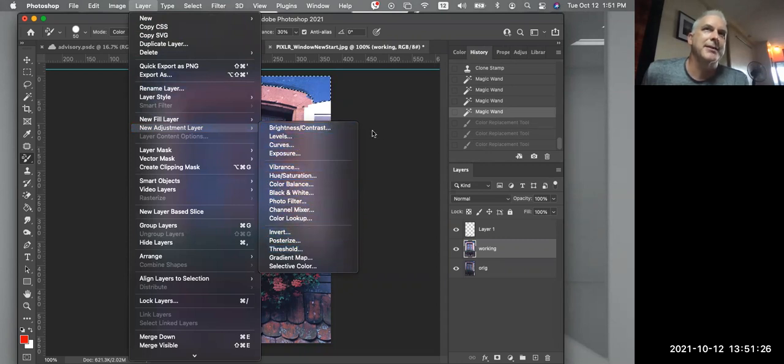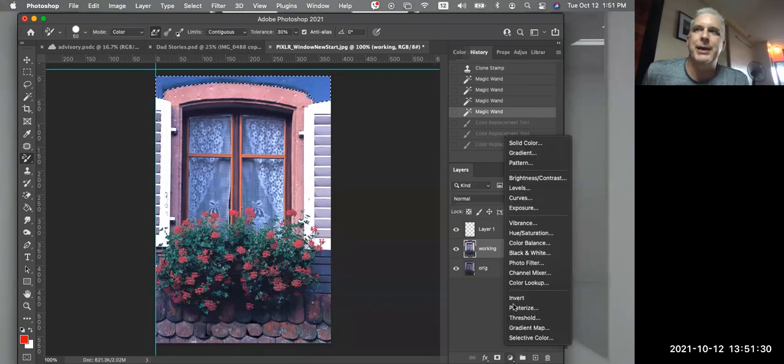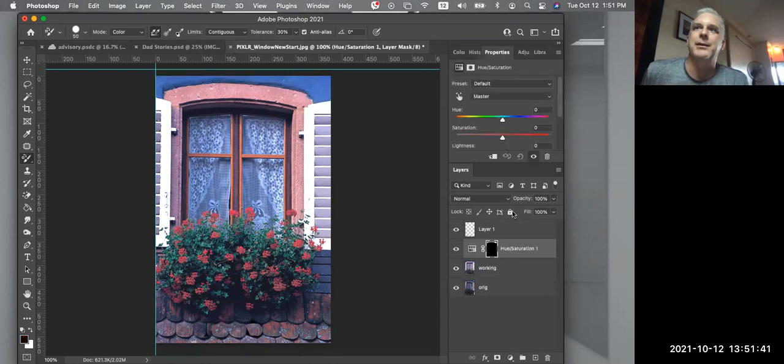These are the same things that are down in the layers palette. These are the same things, and they're also the same if you have the adjustment. So we would like to affect the color. Now, if you look over here,